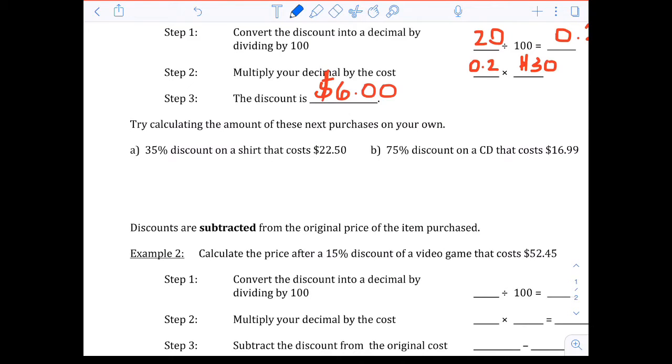But if not, we're trying to find out what is 35%. That's 0.35. And we multiply that by the price. So 0.35 multiplied by $22.50. So we take out our calculator, we put 0.35, and we multiply that by $22.50, and we get a number that looks like this: